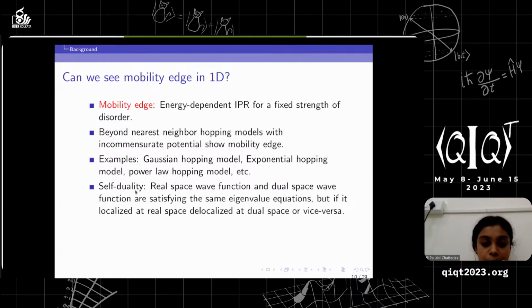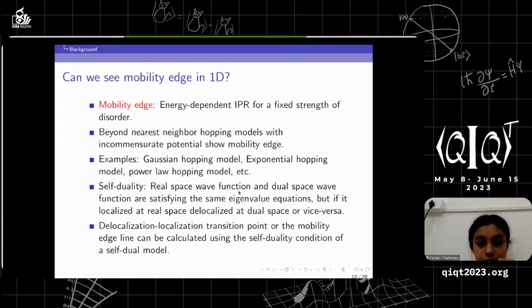Now, one property: if a model has the property of self-duality, what is that? If we do some transformation on the wave function, under the transformation we go to a dual space, and in real space and in dual space, the wave functions satisfy the same eigenvalue equation. But if it is localized in the dual space, it will be delocalized in the real space, and vice versa. So if we consider this self-duality condition, then one can predict there is a delocalization-localization transition, and that transition point or the mobility edge point can be calculated